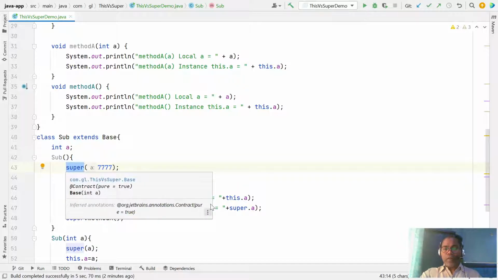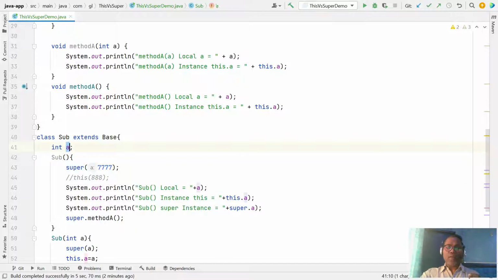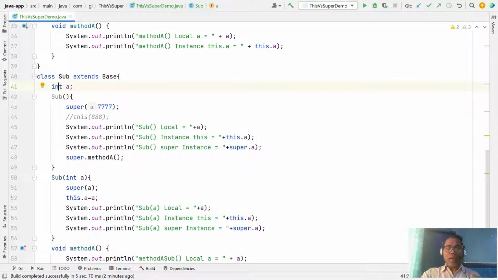The only problem happens if your subclass also defines the same name variable as a superclass. A class has a variable a and the subclass also has the same variable a. Sometimes you want the this a variable, or the superclass variable, or the local variable. So here a is a local variable, and it always gets preference. If you want the instance variable, this can be used to access your current instance variable. But if you want the same variable defined in the base class, you have to use super.a.